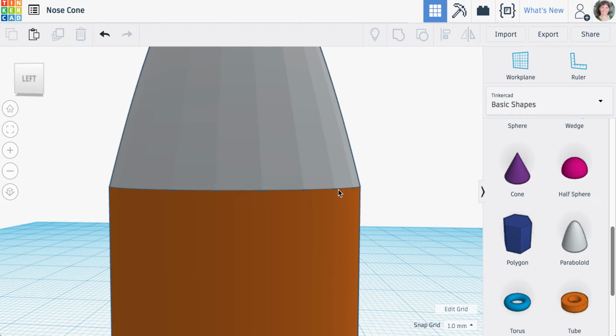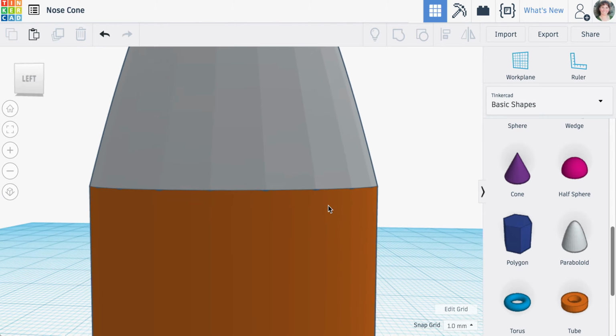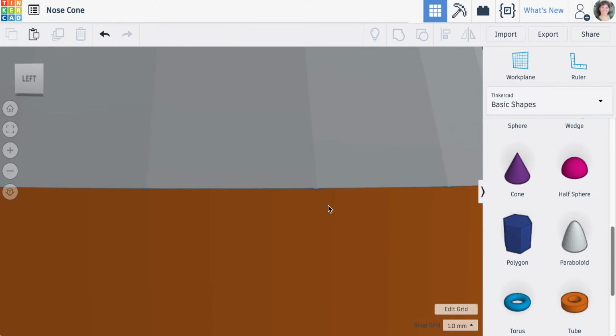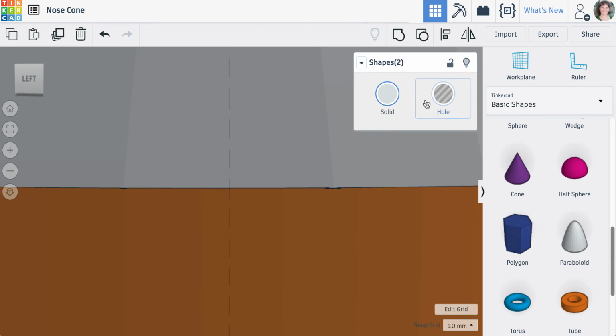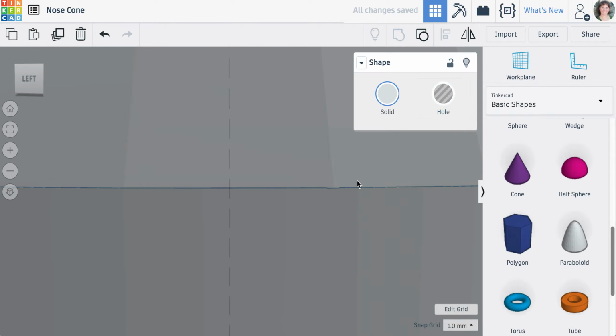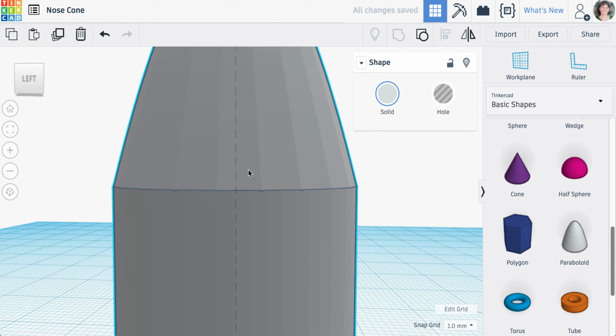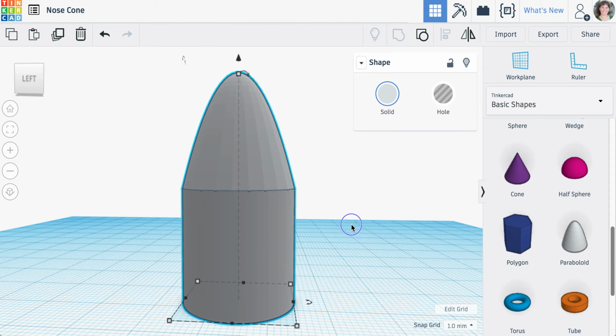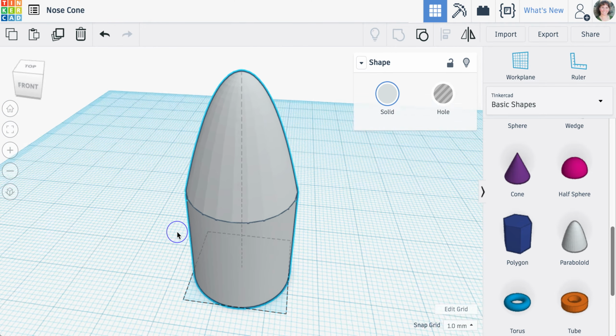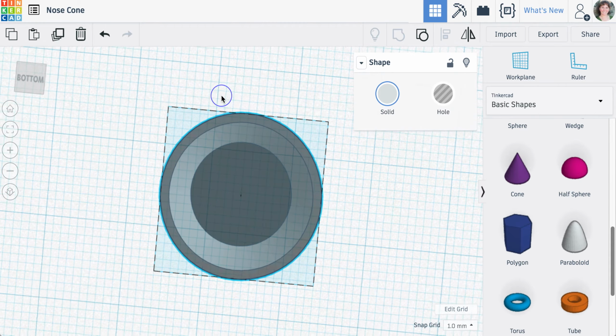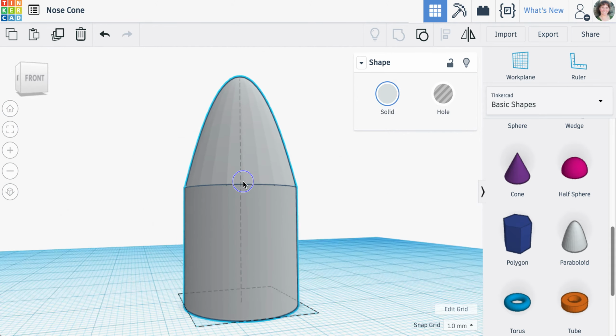If you find that it's snapping so that it's further apart, you can change your snap grid to be a much smaller measurement, so that way you can increment it up little by little. But as long as I look at it and everything looks good, and if I select it all and group it, everything turns to the same color, everything looks like it's all good to go, everything's all attached, then this file could be exported for printing, and I, for the most part, would be good to go,